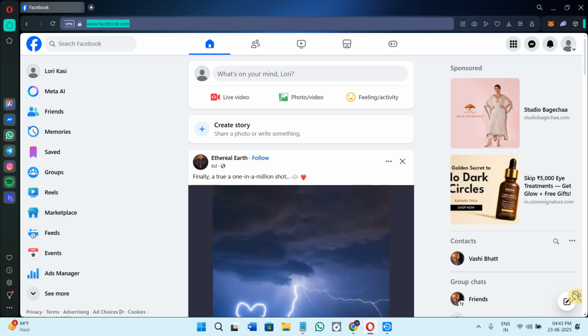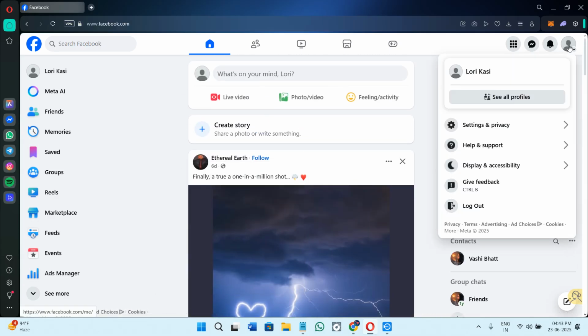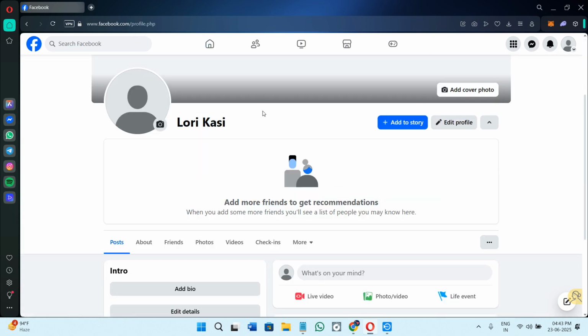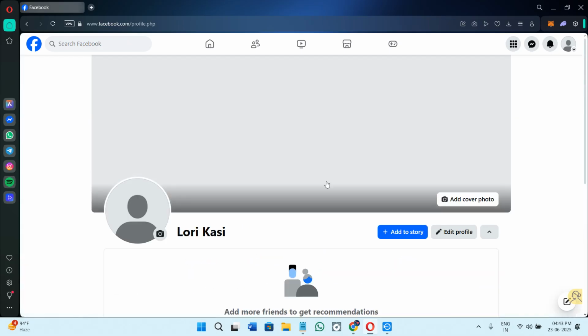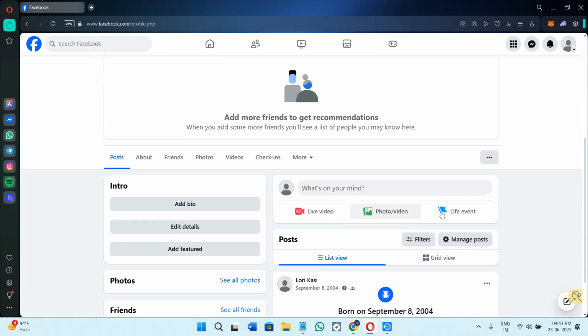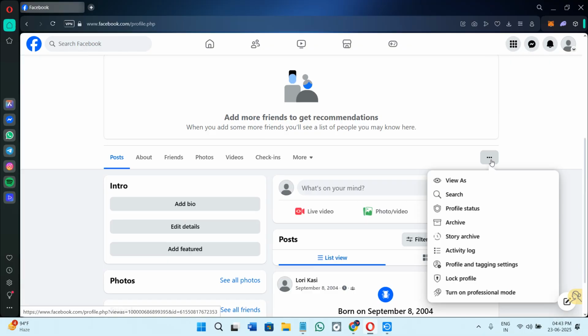or your web browser. Now, once you are over here, click on your profile icon in the top right hand corner of the screen, then click on your profile name. Now, once you are on your profile page, you need to just scroll down and click on the three dots over here. After clicking on the three dots, you need to just scroll down and click on the option of lock